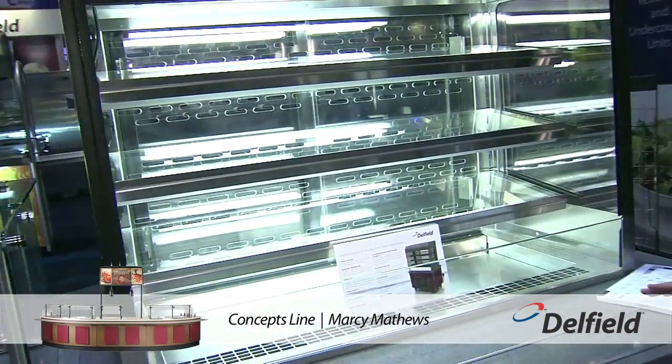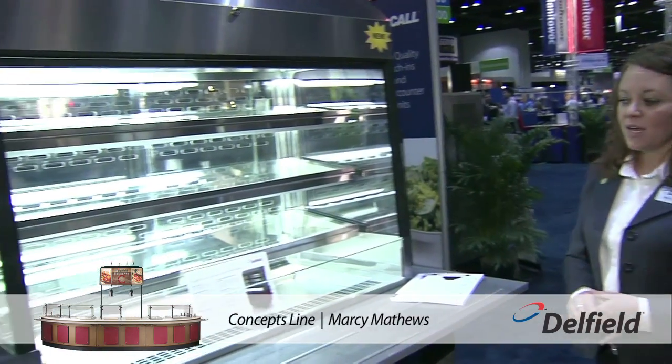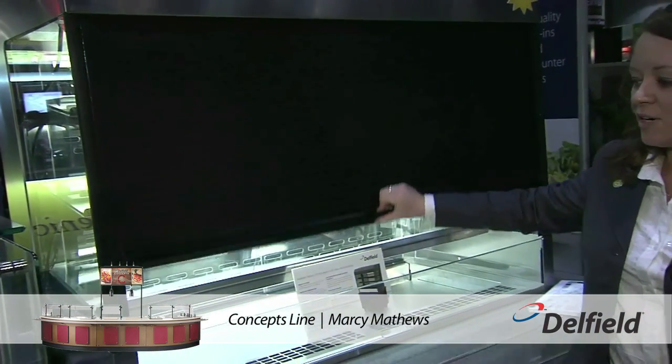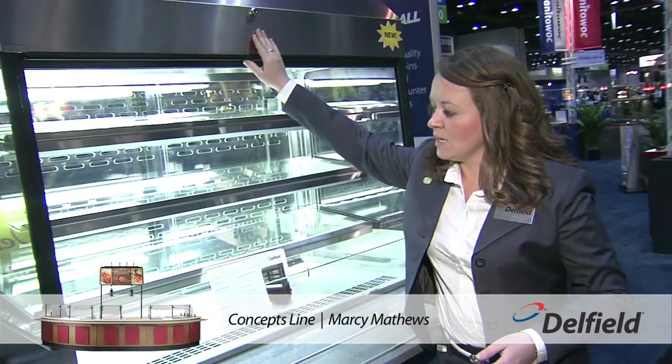our Concepts counters, our Shelley counters, as well as our Mark 7 custom counters. This piece here has 3 lighted glass shelves. It's available in 36, 48, and 60-inch lengths. It does have a security night cover. It's fully locking, so the merchandise can be kept in the air screen overnight. The unit has a pull-out condensing unit, so it is easy to service in the field in the event that